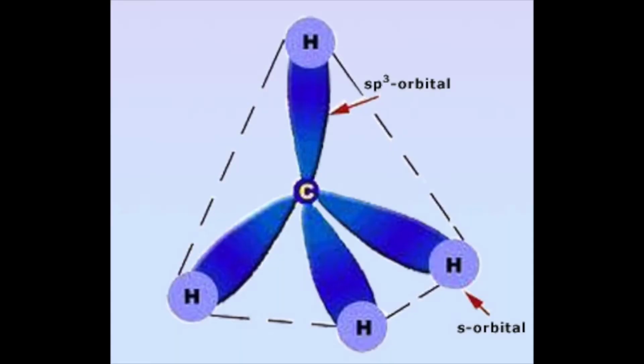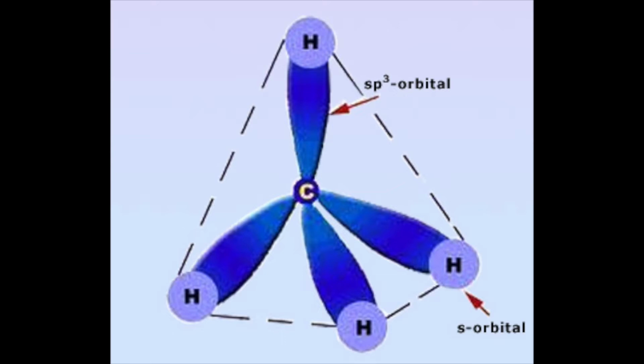So here is that sp3 hybridization of the carbon, and you put a hydrogen in each of those 4 orbitals. This is a tetrahedral structure. It's a rather odd looking one, but it's tetrahedral. It's a nonpolar molecule, and you see the s orbital from each hydrogen, and then the